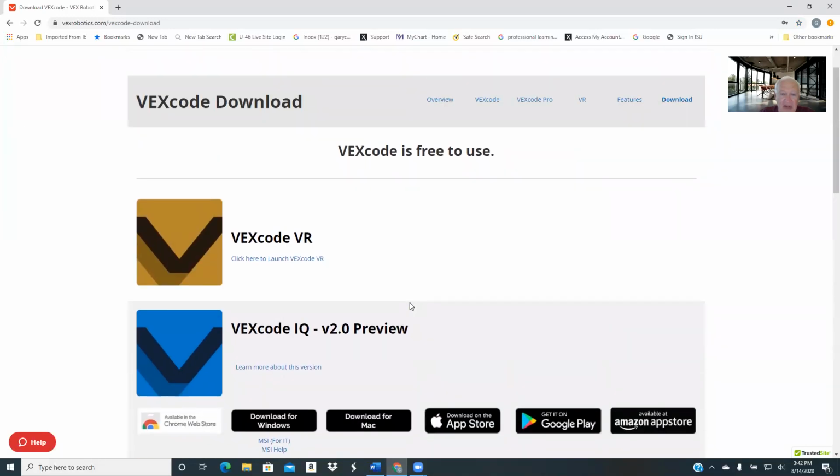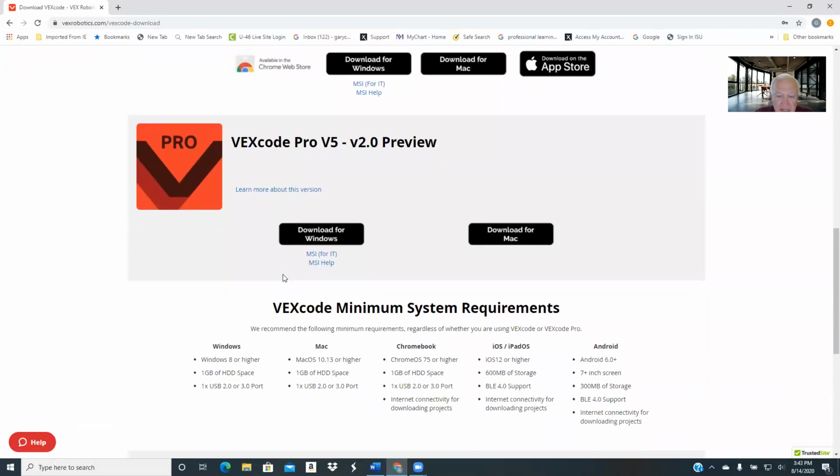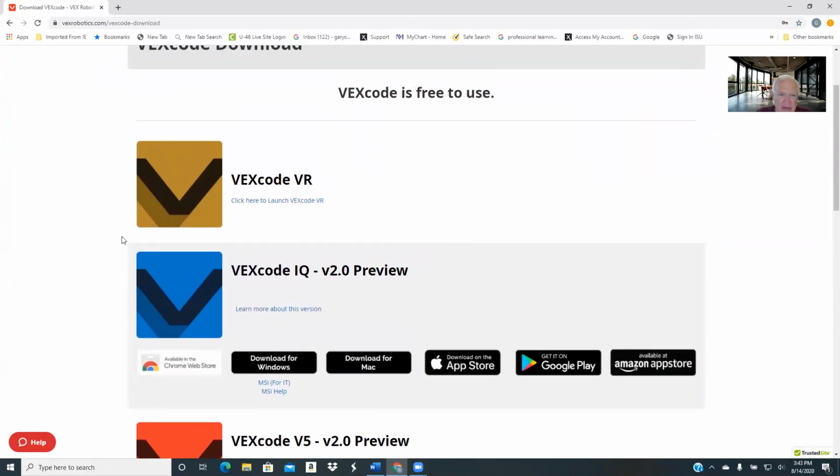But the one that I'm interested in is this one right here. It's called VEXcode VR, Virtual Reality, and it's cloud-based. Let's scroll up. I think they tell you we recommend the following minimum requirements. They've got Chromebooks down here, so hopefully the Chromebooks that you have for your students. They also show iOS and Android. So I don't know, you might be able to use them with your phones, but I'm using it here on my